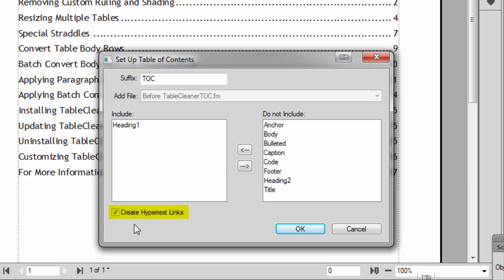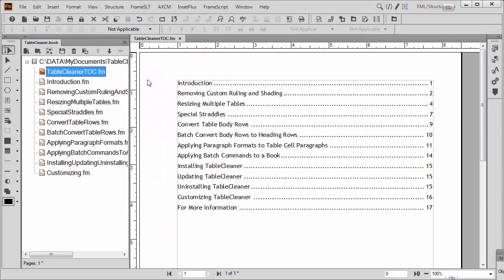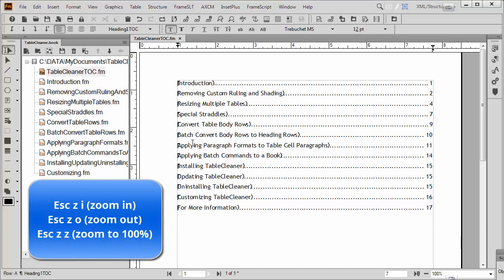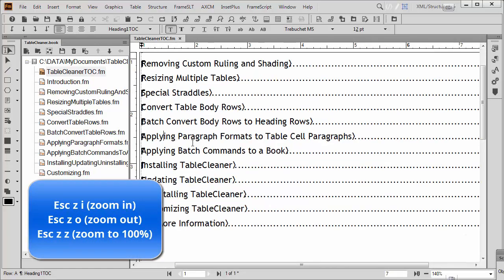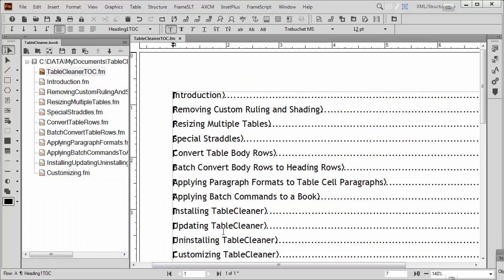If you didn't check it, you can check it again, and the next time you generate it you'll get the links, but let's show you what that actually gets you. We'll cancel out of that because we didn't change anything, and let's view our text symbols. Now what you can see here, let me just zoom in a little bit, make this easier to see. I'm pressing escape Z I for zoom in, and you can see there's a marker at the beginning of each